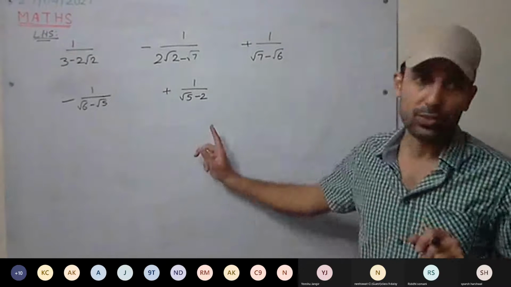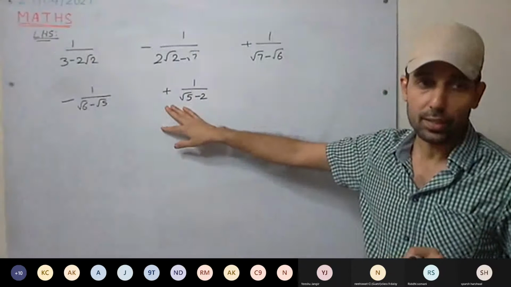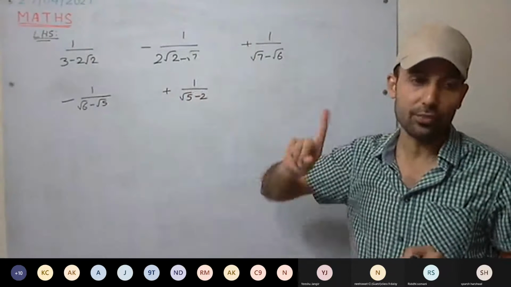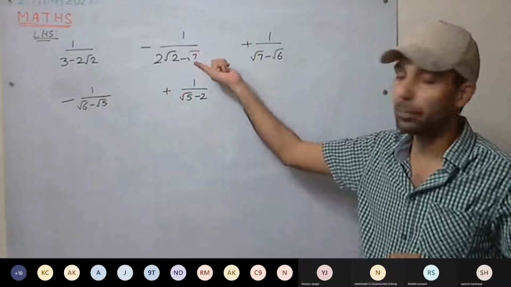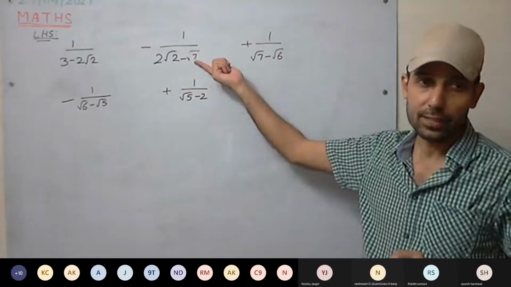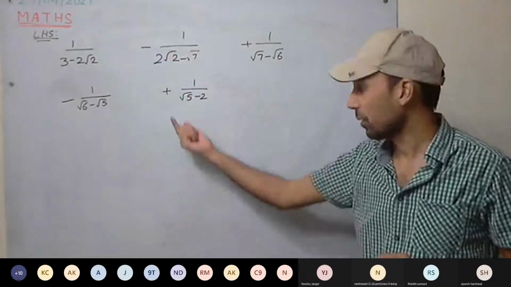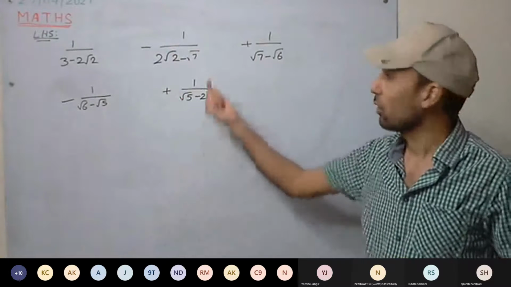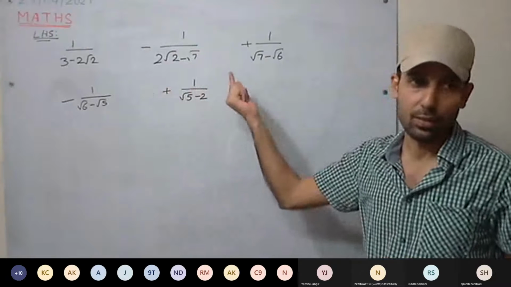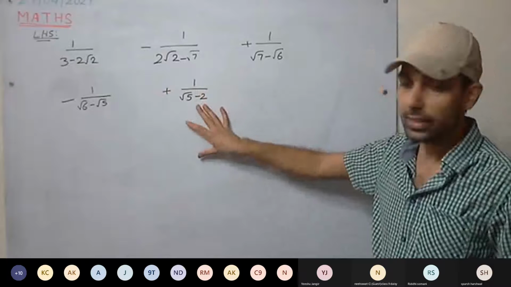In examination as well, when you copy any question, check it once. Sometimes there may be a mistake in copying. For example, I made a mistake here, and now solving, it will get wrong. So always check once whether you have copied correctly or not. Now see here, this is the left hand side.